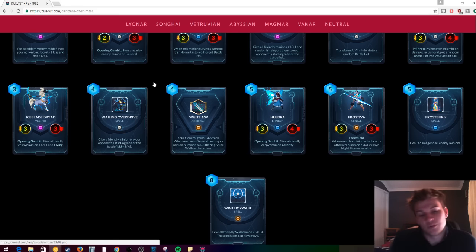Alright, next one. White Asp as artifact. 4 mana, your general gains 3 attack. Whenever your general destroys a minion, summon a 3/3 Blazing Spine Wall on that space. It's definitely okay. It's basically one more than the 3 mana artifact that does also get 3 attack, and you get this effect. Is that effect worth more than 1 mana? Possibly in some more controlling decks, so we haven't actually seen Snowpiercer in non-aggressive decks. And in aggressive decks, you don't really...